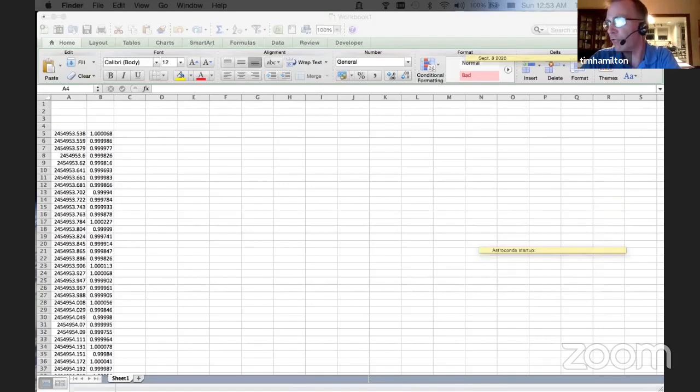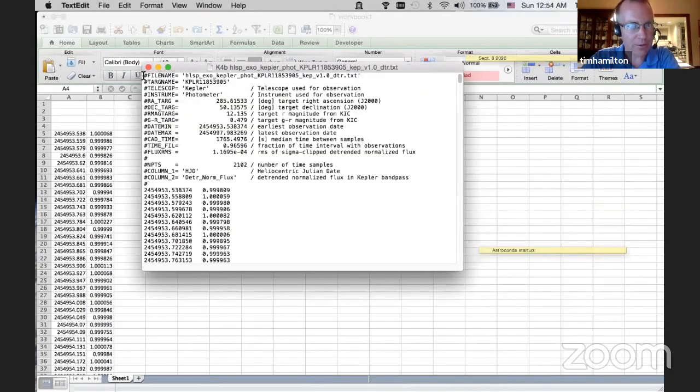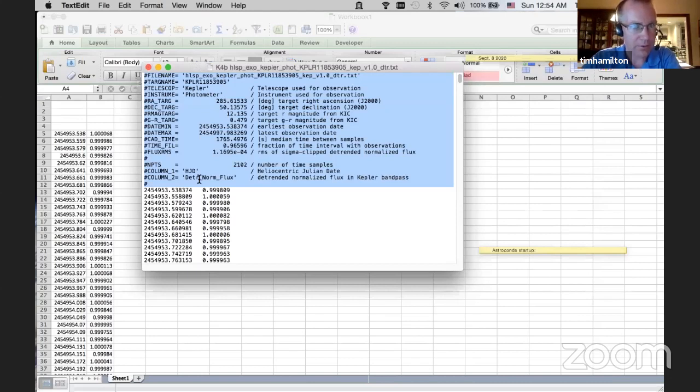Okay, here's one for a different target. And you'll see that at the very top, it has what's called header information. The hash sign, or what we normally call in the United States the pound sign, is used to mark a comment. Everything to the right of that is a comment. And so you can simply delete that there. But it does tell you what each thing is here. It gives comments about it.